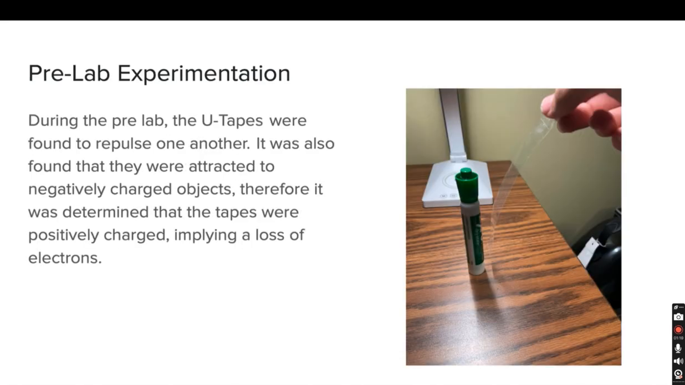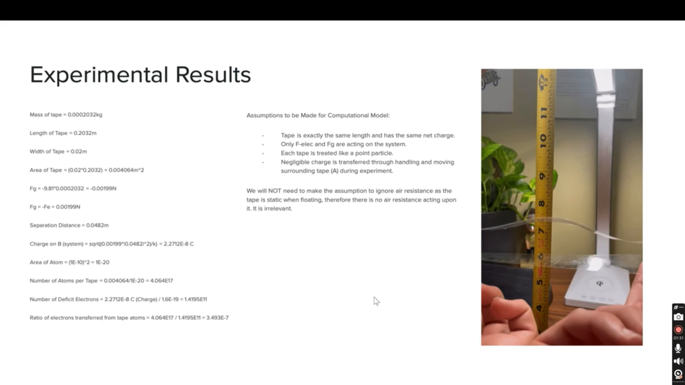In our pre-lab experimentation, it was found that the tapes were positively charged as they were attracted to negatively charged plastic pens. This implied a loss of electrons and allowed us to continue the lab setup as it follows,